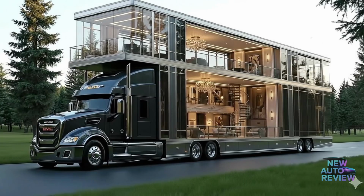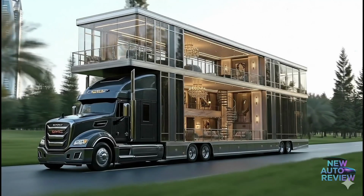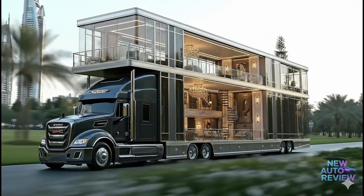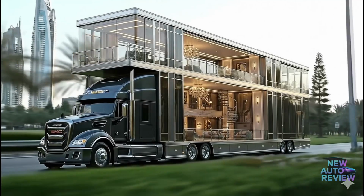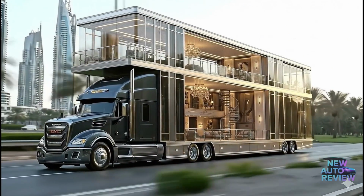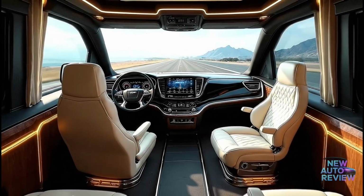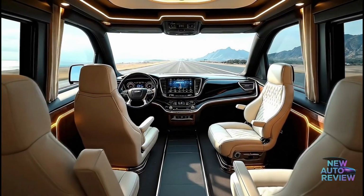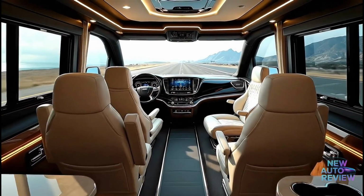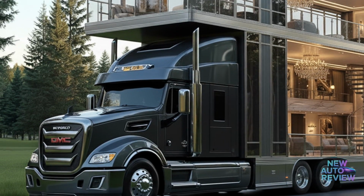Forget your idea of what an RV should be. This isn't just for road trips. This isn't for camping. This is for billionaires, celebrities, and world travelers who want to live like kings no matter where they park. Today, we're going inside one of the most mind-blowing luxury vehicles the world has ever seen. A two-story mobile mansion designed to give you the freedom of the open road without losing an inch of luxury. So buckle up, because this is the GMC Double-Decker motorhome, and it's about to change how we look at travel